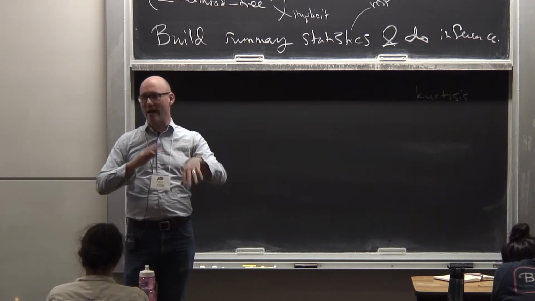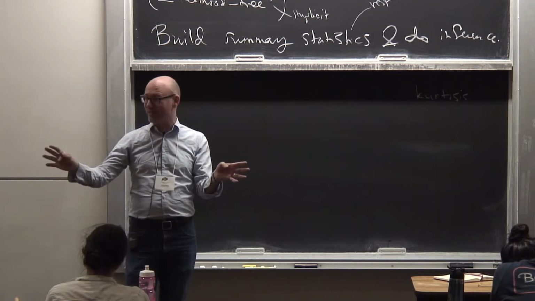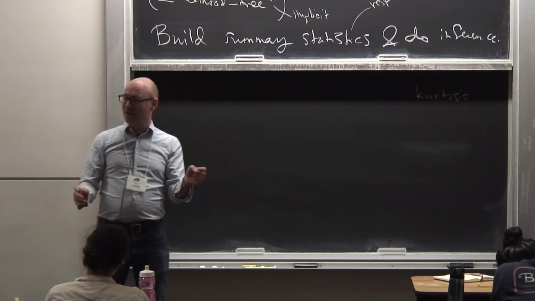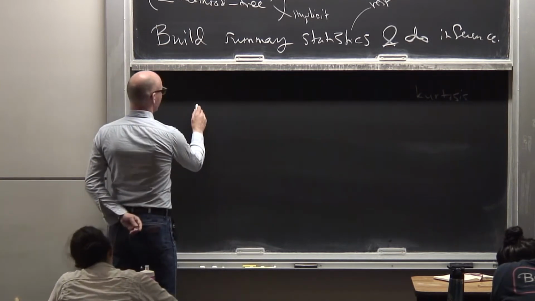So you can think about it either way. Everything I say in real space now has a Fourier space equivalent that you could also say. Okay, so more or less, what we do, here we have galaxies.